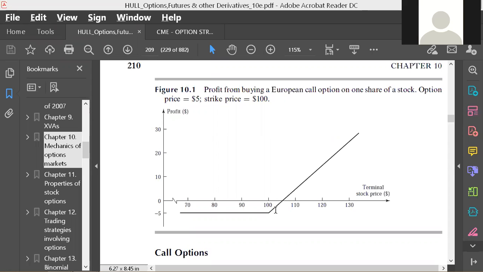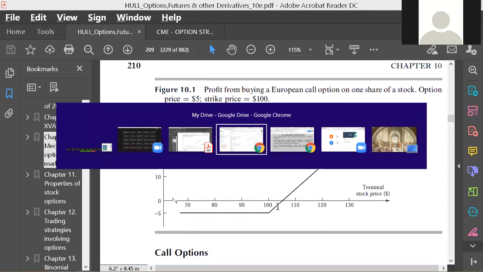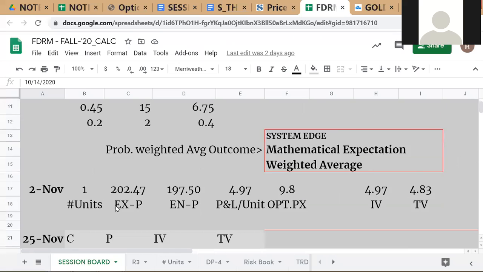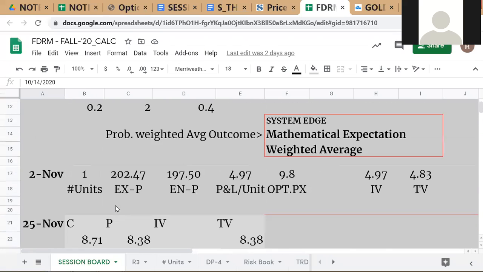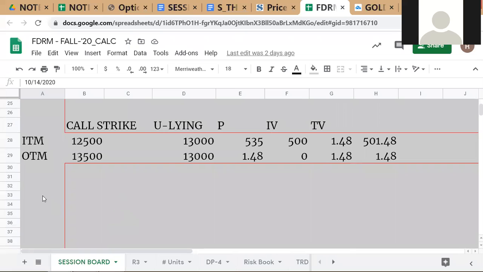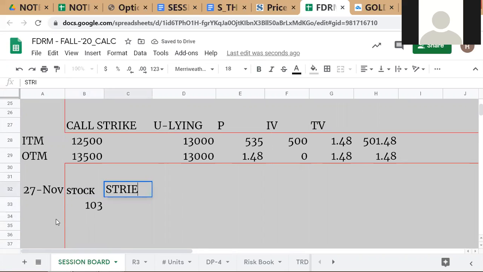The reason you want to exercise is because, even though, let's think about it this way now. We go back to our FDRM calc file. We set up a session board. We make sure that we look at, this was 25 November. So let's look at 27 November, hopefully, yeah. Okay, so if we exercise, if the underlying asset, if the stock is at 103,